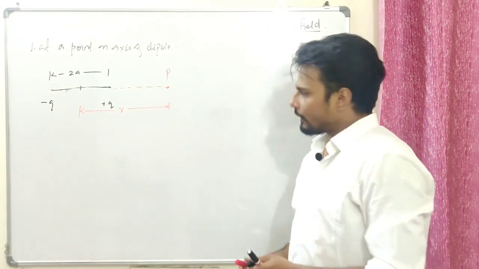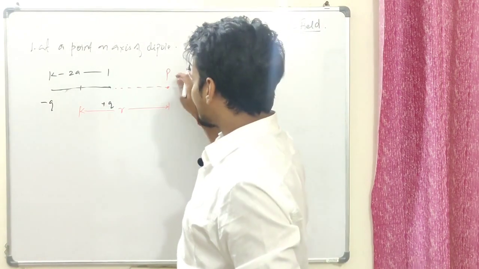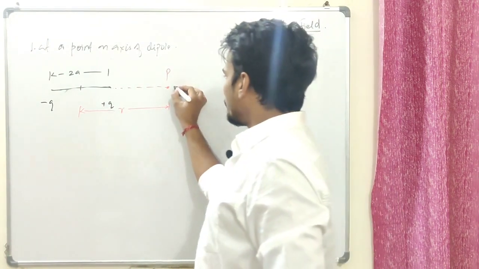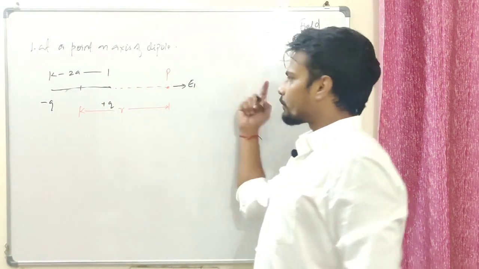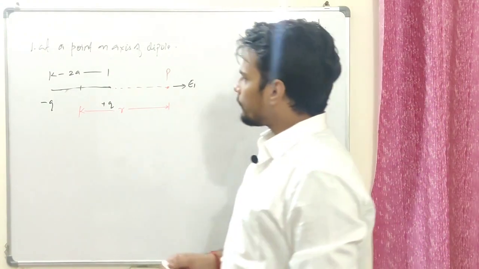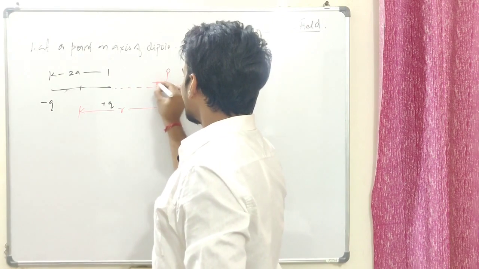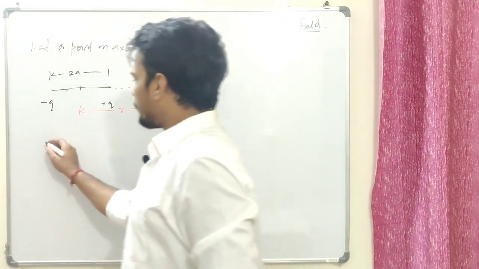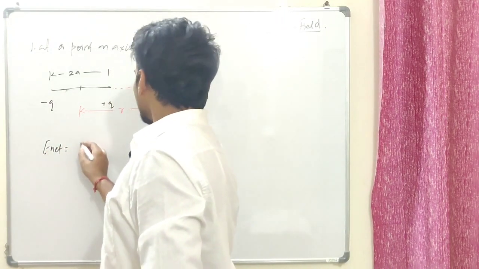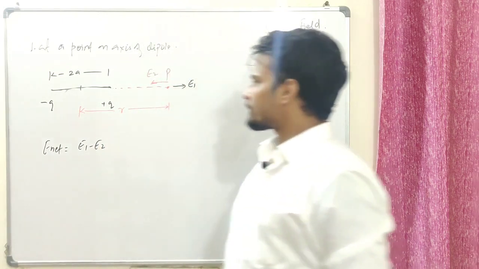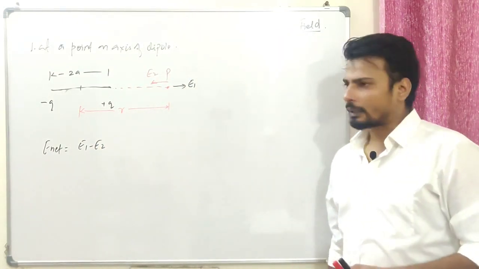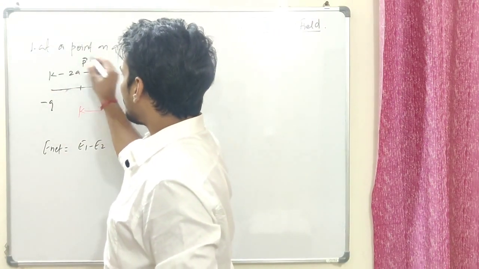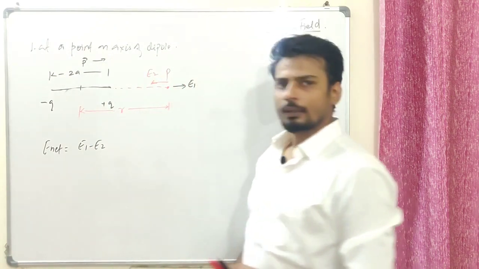Okay guys, now let us talk about the field. This is a positive charge, my test charge. The field at this point because of the positive charge, let's say E1, should be towards the right, fair enough, and E2, due to the negative charge, should be towards the left. Now E net, the net electric field at that particular point, should be E1 minus E2. I hope you guys agree with this. One more thing: the dipole moment direction is always from negative to positive, so the dipole moment should be in this direction.